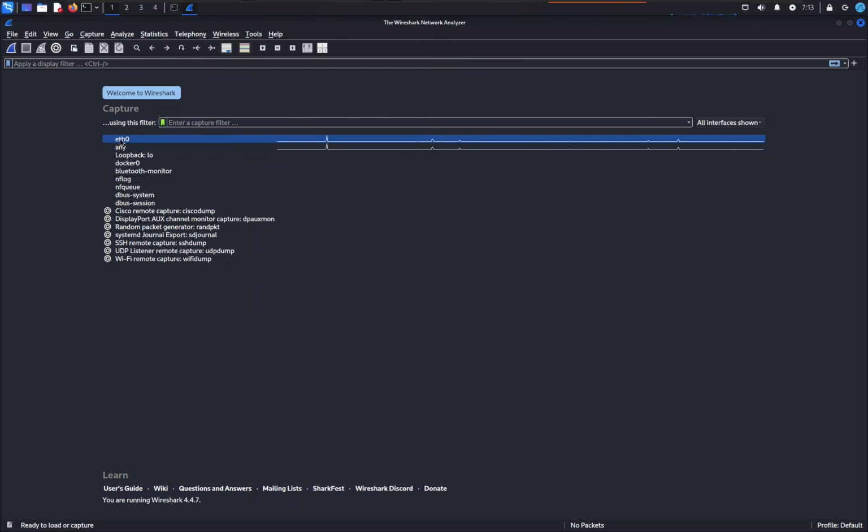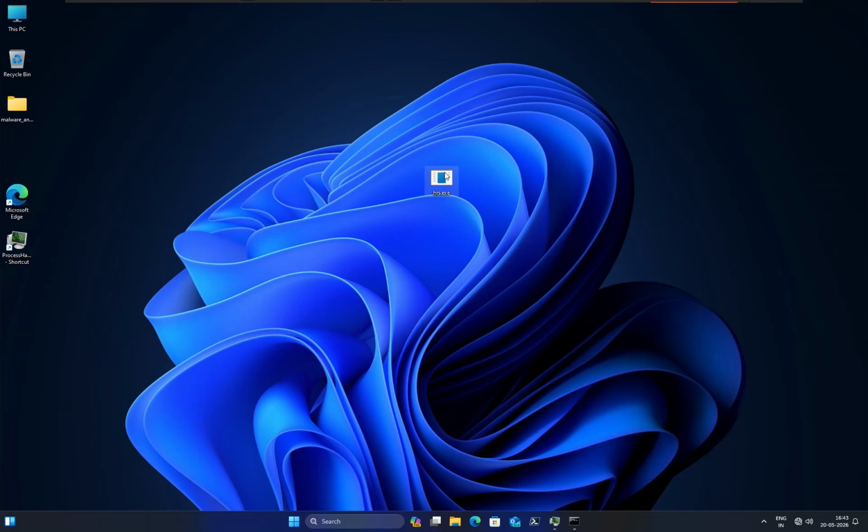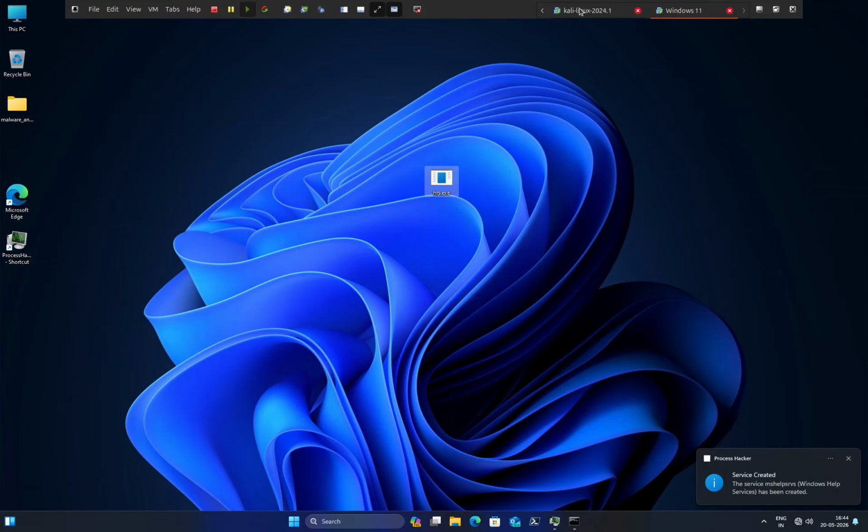Also, before executing the sample, we'll capture the network traffic generated by the malware. Okay, so we'll start the capture. Now we will execute the malware sample. I'll run with admin privilege. Okay, so when I do that, notice the malware created a service. And also,